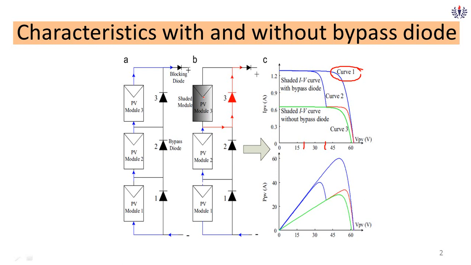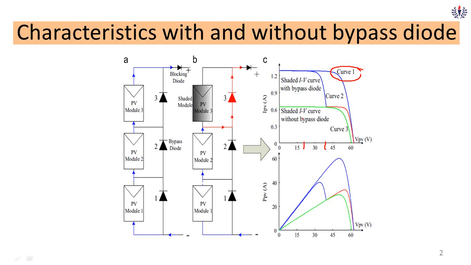Why? Because PV module 3 has only the ability to produce 5 ampere. So PV module 3 is pushing PV module 1 and PV module 2, forcefully operating at 5 ampere. This kind of problem will occur. It means in a string you cannot have different currents. It has to be only one current, according to the thumb rule of electricity. So you will have 5 ampere. Because of this, your maximum power derived from a PV is getting reduced.